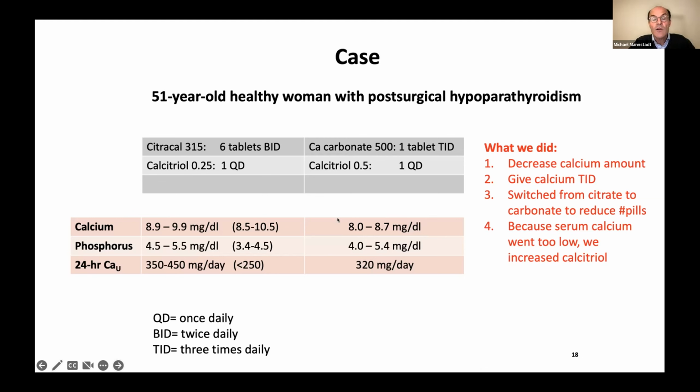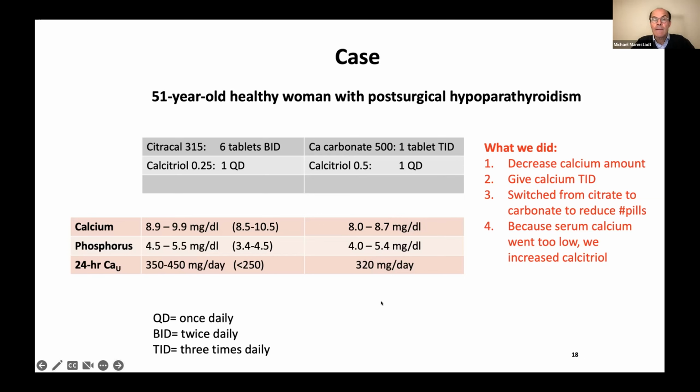And that is also seen here in the calcium level. You see that there are fewer swings, right? And it's a little lower overall, which we like as physicians because we like to lower the urinary calcium. And we don't have these 9.9s, which are too high, right? The highest here is 8.7. And the 24-hour urine calcium went down, right? It's not normal. So what is normal? Well, in women, we want to have a urinary calcium excretion of less than 250 milligrams, in men less than 300. And of course, we want to get closer to that. And so we're coming a little closer there, right? So this is the summary of what we did.